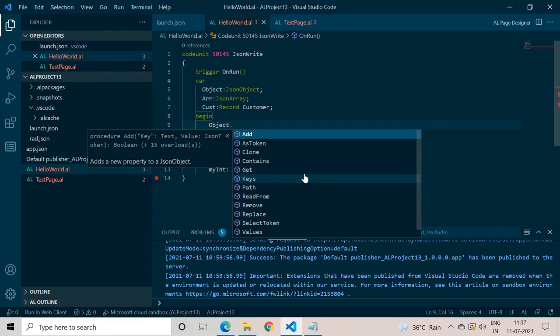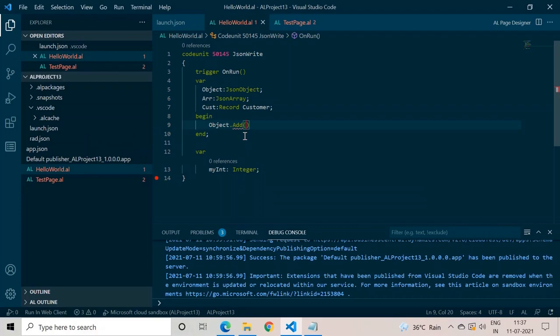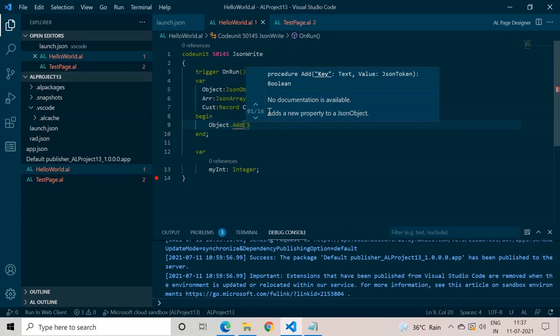But the very first function which we must use in order to write data in the JSON file is the Add function. So select this, and now press Ctrl Shift Space, and you can see that this is an overloaded function, and it has 16 different definitions with different parameters, or 16 different parameterized functions.